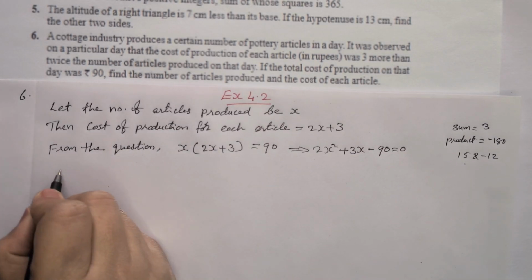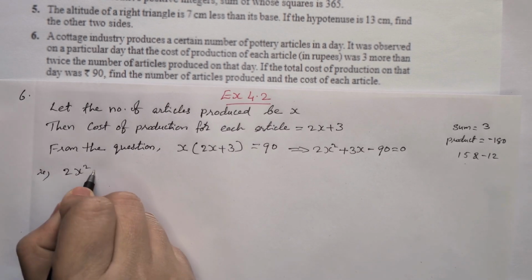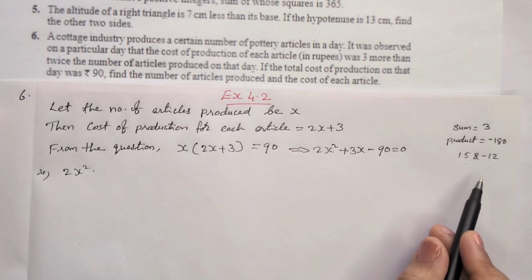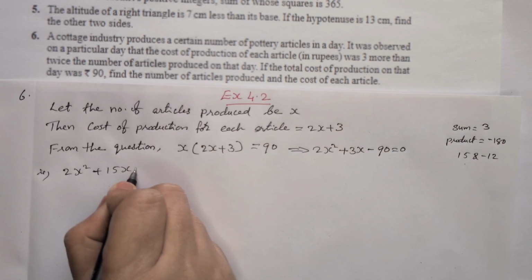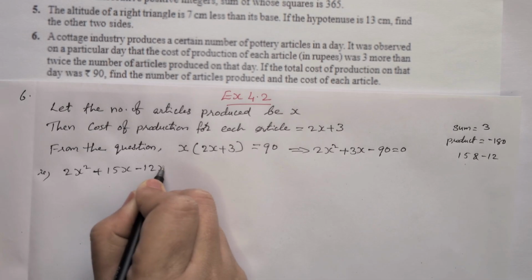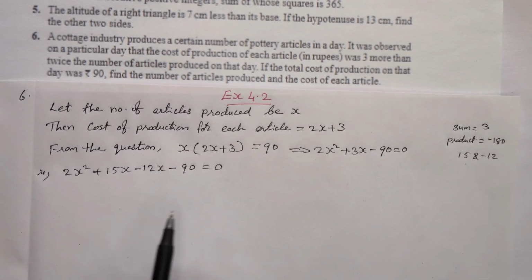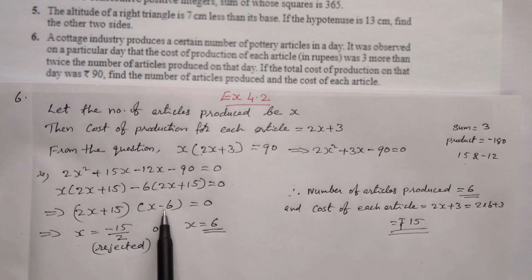So we can write that 2x square, 3x we are splitting as 15 and minus 12. So plus 15x minus 12x minus 90 is equal to 0. Then find the value of x. Here after factorizing, we are getting 2x plus 15 into x minus 6 is equal to 0,